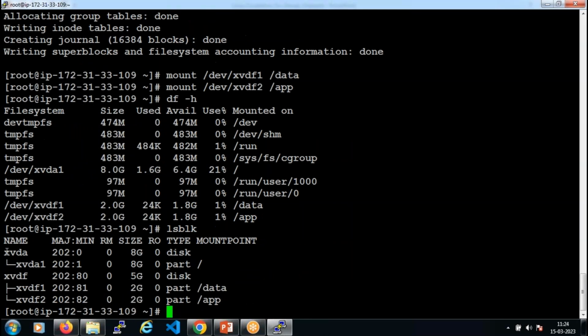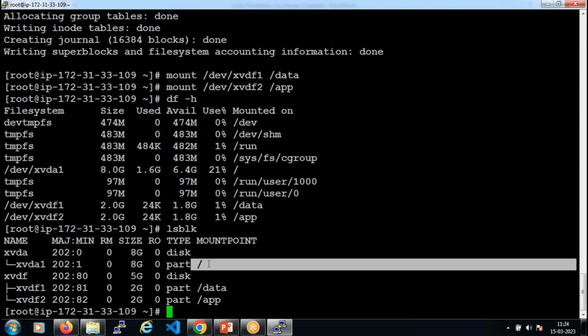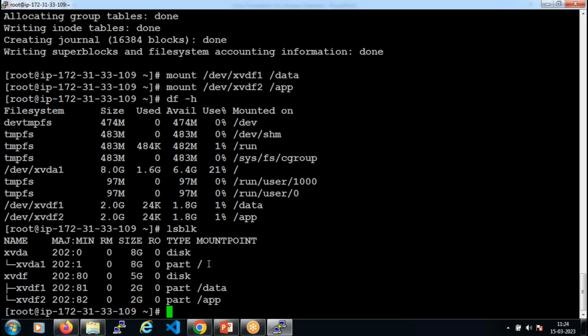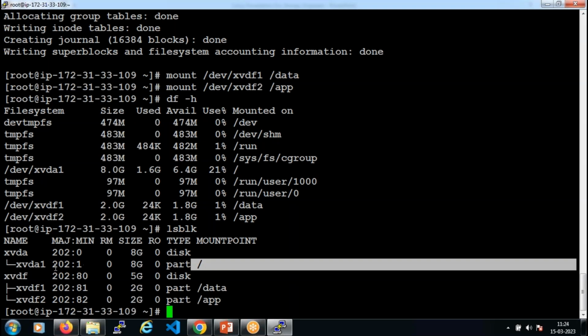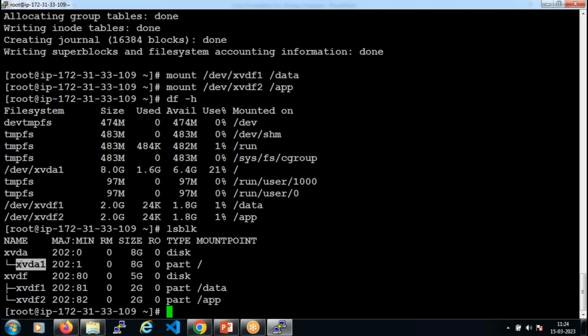Because the default volume xvda, whatever you get when you launch an EC2 server, that default volume is divided into a single partition called xvda1. That xvda1 partition is actually mounted on slash, which is the root file system. That means any file or directory that you are creating under the root, all that data is actually stored in the xvda1 partition, which is part of the xvda volume,